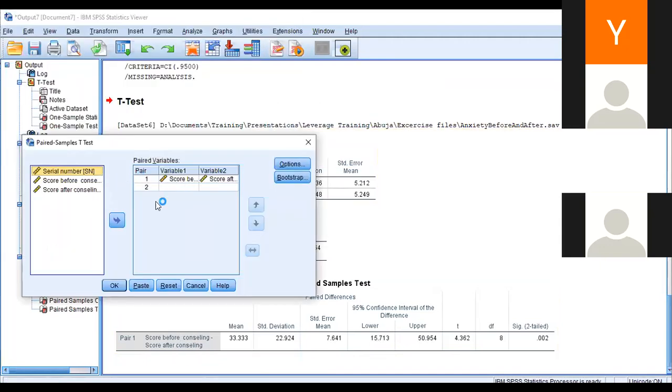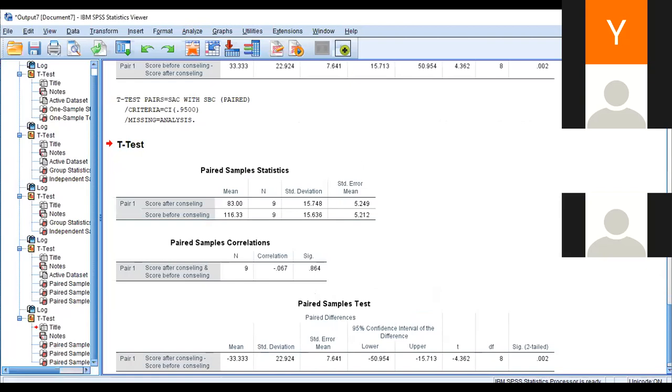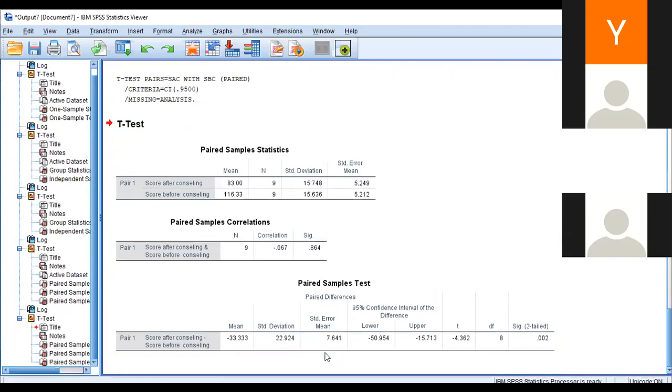So what I first of all put there was anxiety before. Let's put after first, anxiety after, then we now put before. So you remove before from after, rather. It will give you the same thing, now from minus to minus, but it's still the same answer. If you do it like this, all you need to do is just to correct it.